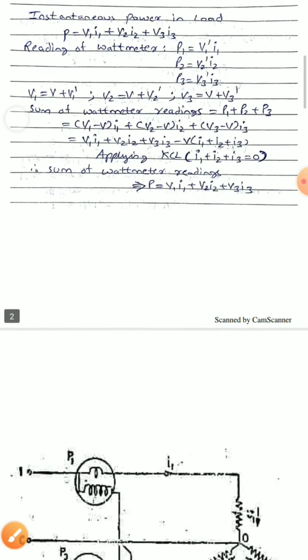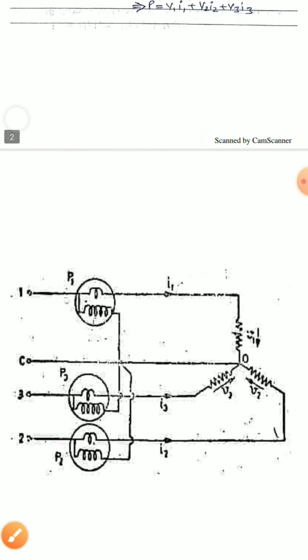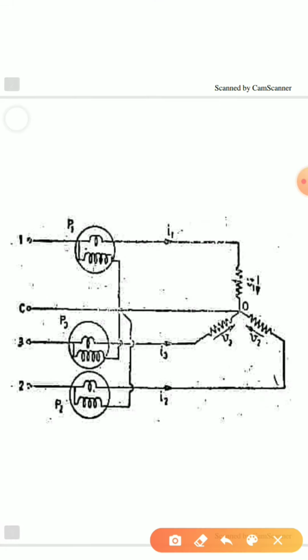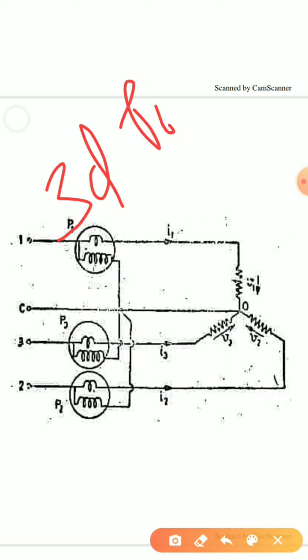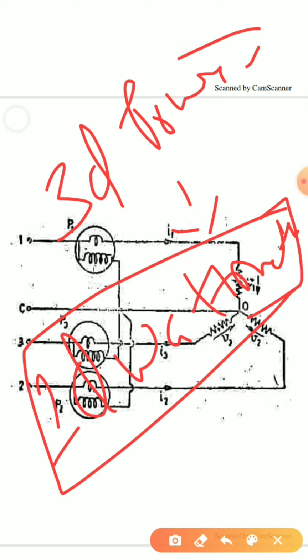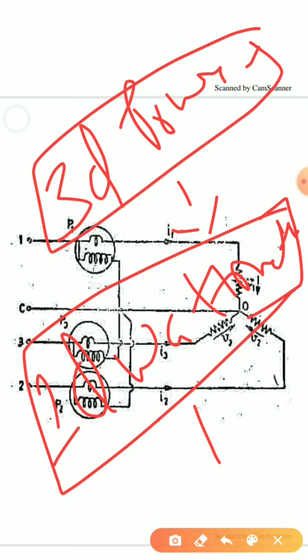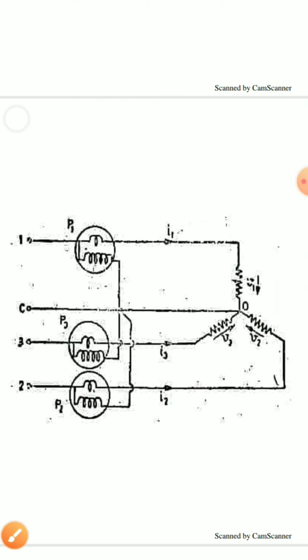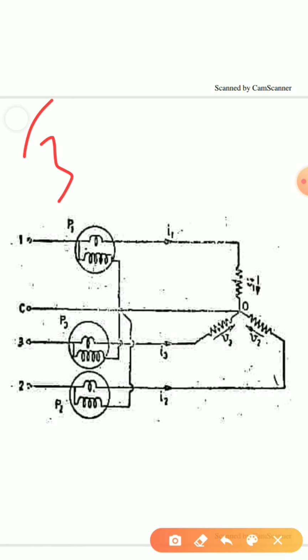Now let us consider a three-phase system. If I have to make power measurements for a three-phase system, what can I do? There are some methods, that is, how to measure three-phase power using single-phase wattmeters. This is the basic topic, how to measure three-phase power using single-phase wattmeters, because we have discussed only single-phase wattmeters. Now the first method is called the 3 wattmeter method.